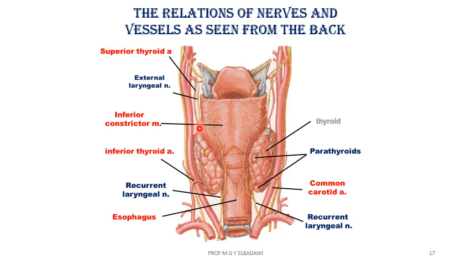That's why ligation of the superior thyroid artery should be very close to the lobe, or even with part of the lateral lobe, the tip, to avoid injury of the external laryngeal nerve, which is the nerve supply of the cricothyroid muscle, one of the important muscles of the larynx.